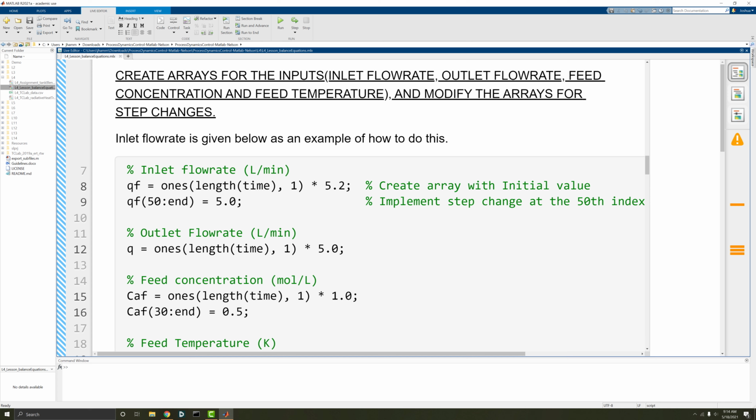So we initialize that by giving it a variable name. And then I usually use 1s or 0s to initialize my variables. And here I'm going to initialize them all to 1s, the length of time, so we have a value for each time point. And that's how many rows. I'm going to have 1 column. And then I'm going to multiply that by 5.2 to make each value 5.2. Then from the 50th point to the end, I'm going to change that to 5.0. You can see I have similar things happening for outlet flow rate,